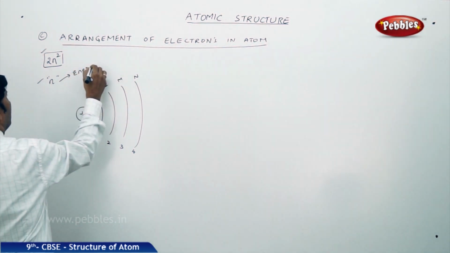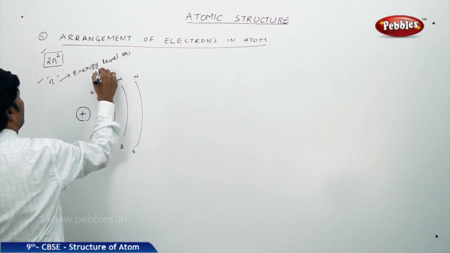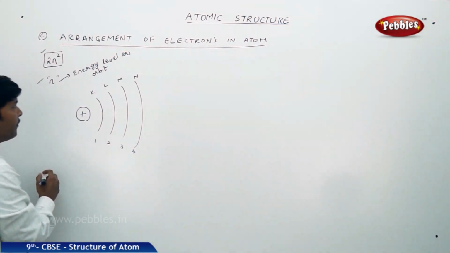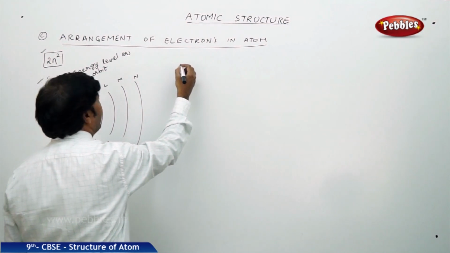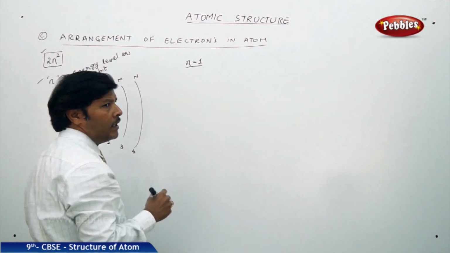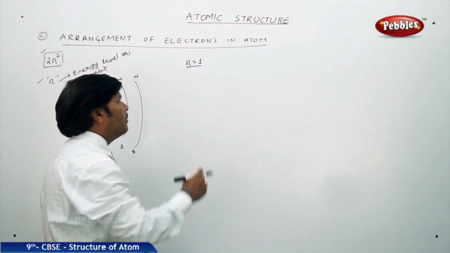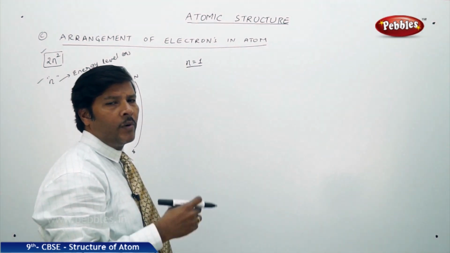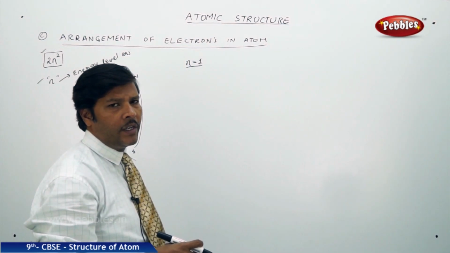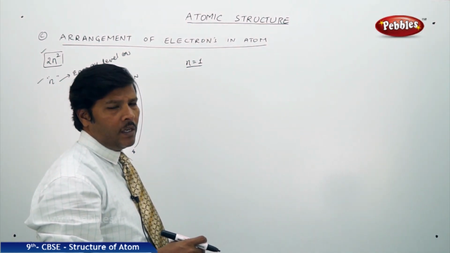the energy level of an atom, or simply the orbit of an atom. Suppose I am substituting into 2n square, taking the n value as 1, which is the value of the energy level. Here n actually represents the principal quantum number. The principal quantum number is a property of an atom which decides the position of the electron in a given main energy level. N actually signifies the position of the electron in the energy level of an orbit.